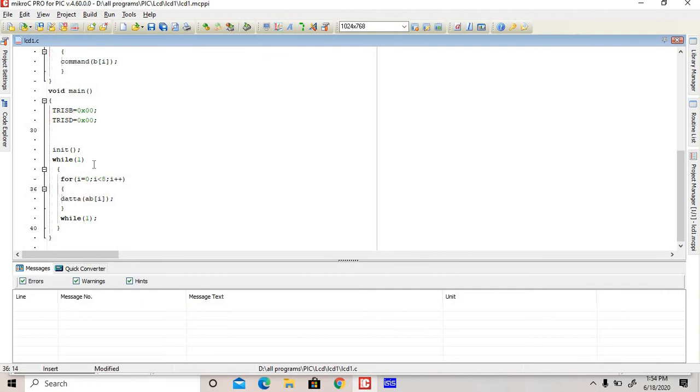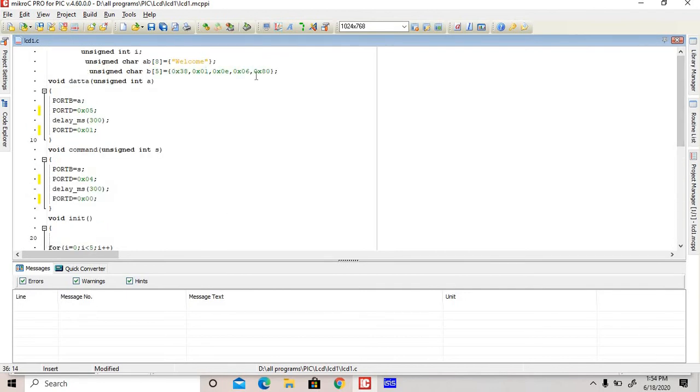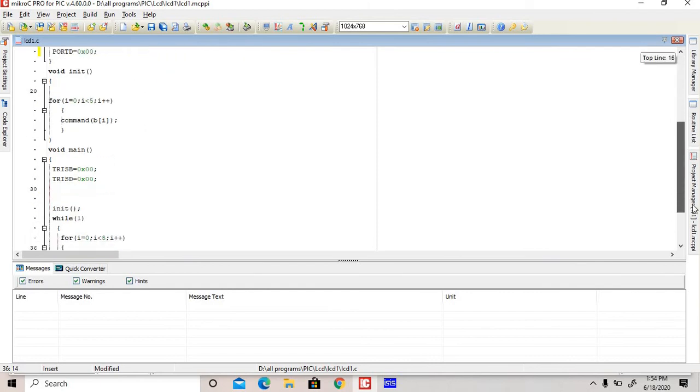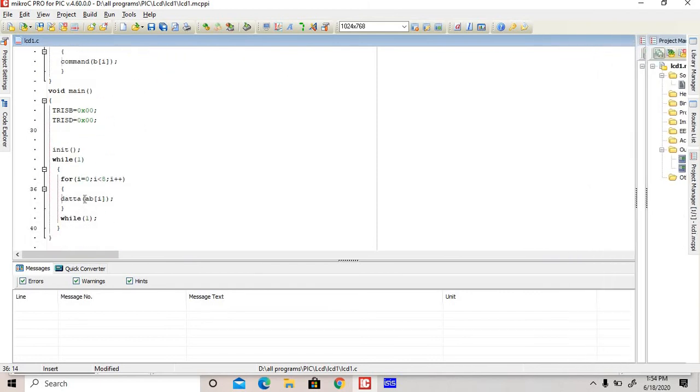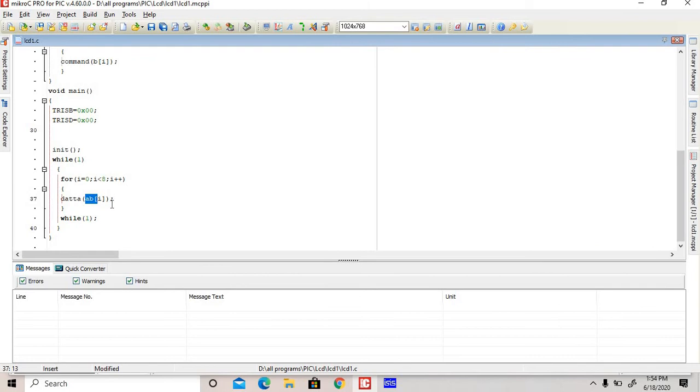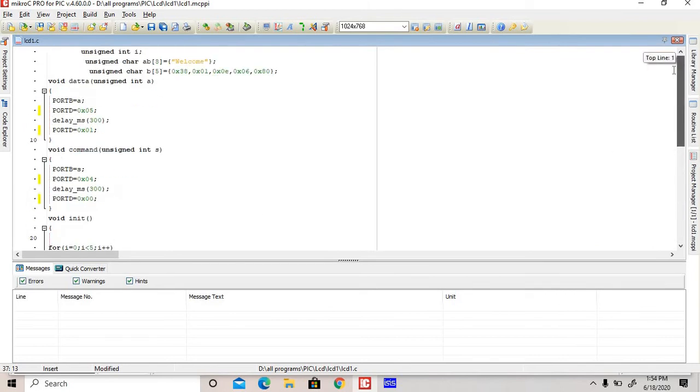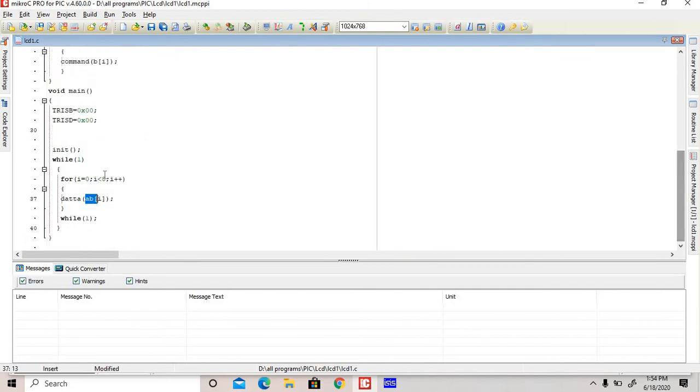After that, this loop operates 8 times because welcome has 8 characters. Then data array of i equal to 0, array element 0, W, goes here and is displayed. Then WELCOME is displayed like this, up to 8 times.